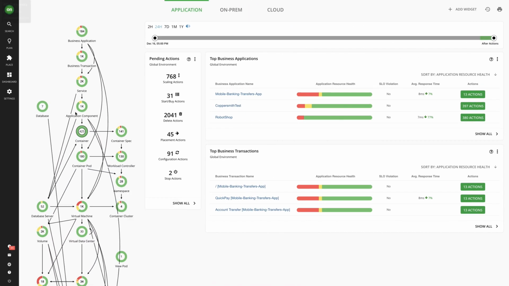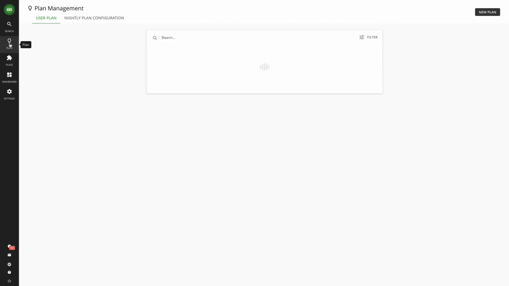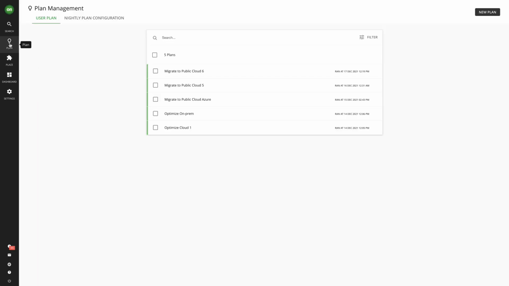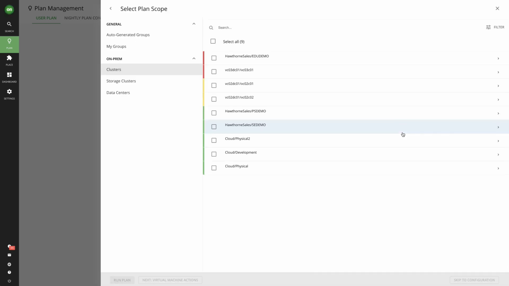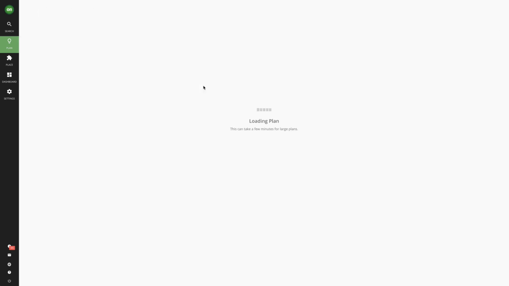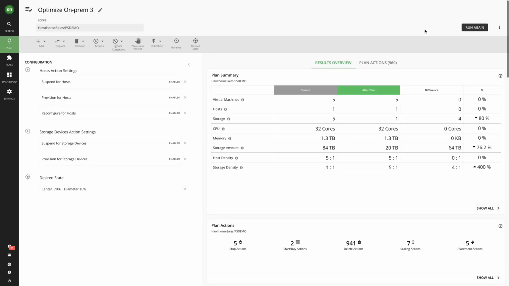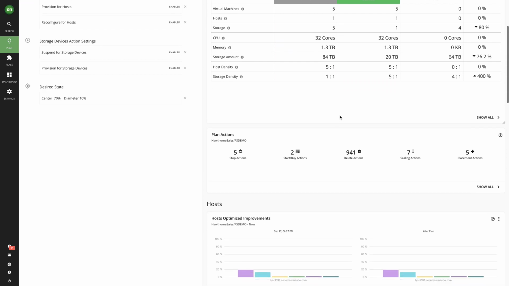Along with the dashboards that were explored before, Turbonomic provides a dedicated planning tool to help infrastructure managers decide infrastructure changes. You can see there are multiple plan types available for on-premises infrastructure, for Kubernetes clusters, as well as for public clouds. Let's see an example plan for optimizing the infrastructure. When the plan is generated, and it can take a while depending on the environment size, you can see the results. There's a table showing the summary of the infrastructure before and after, and below you can see the detailed